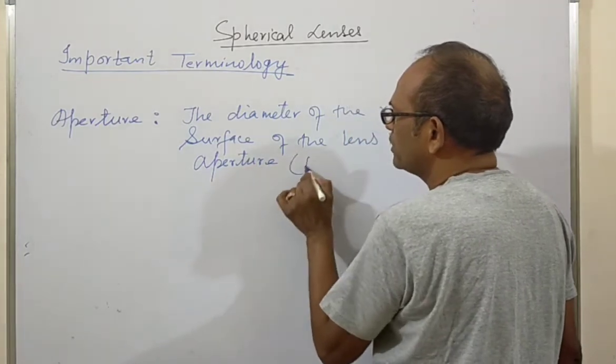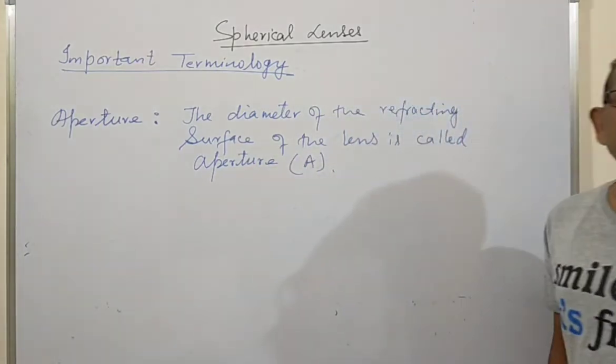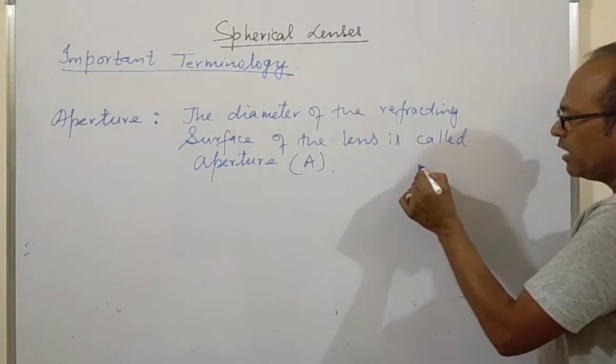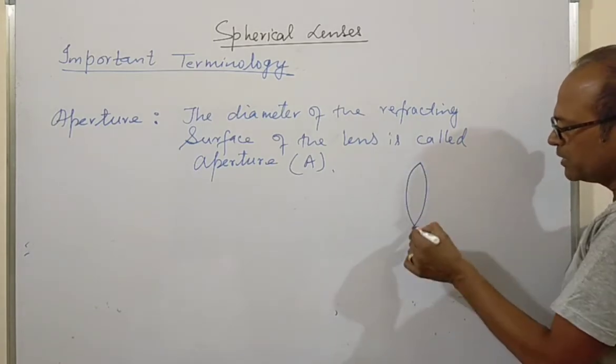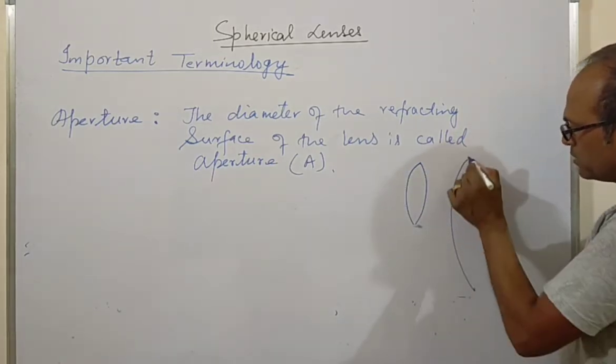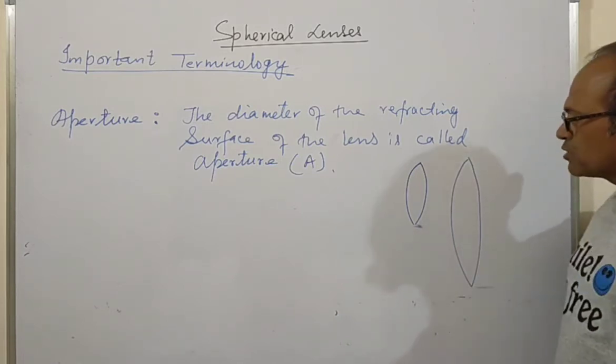We denote it by A. How big or small? Say a lens, I may draw this much big lens, I may draw this much big lens. So naturally, students,